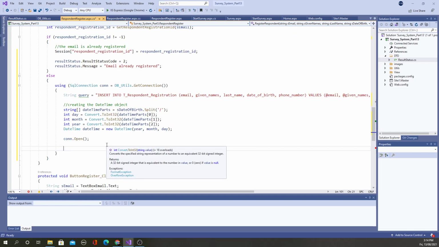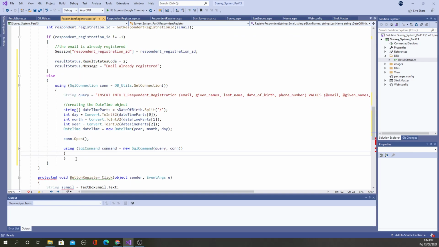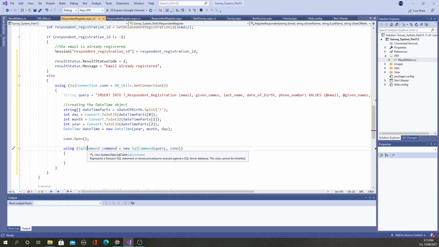So how you do that is you create a SQL command. I just wrote the code and fast forwarded it, but make sure the curly brackets are well in place. You create a SQL command, you pass this query and you pass the connection, and it creates a command. The using keyword makes sure that after the execution this object will be cleaned up and memory managed. Awesome.